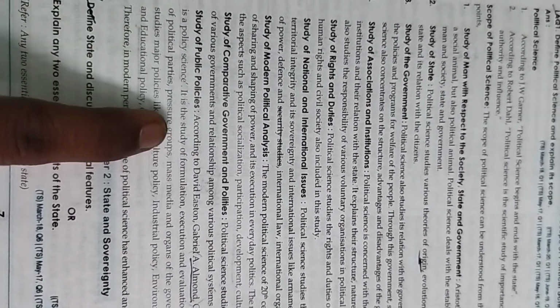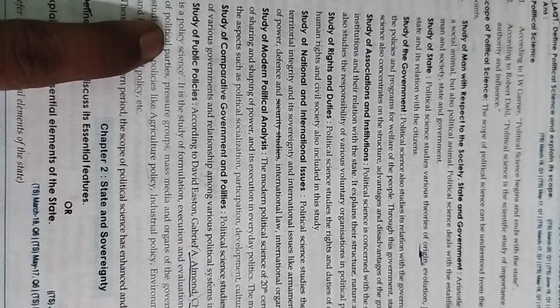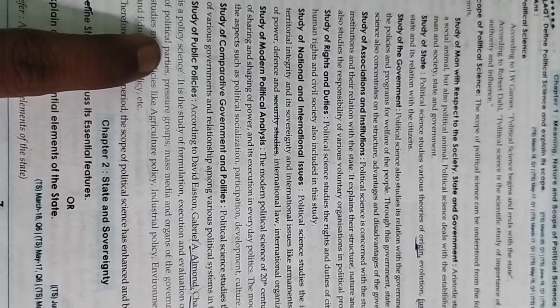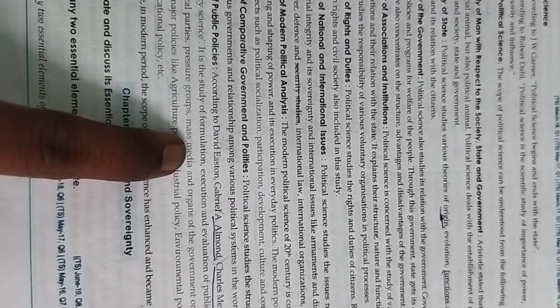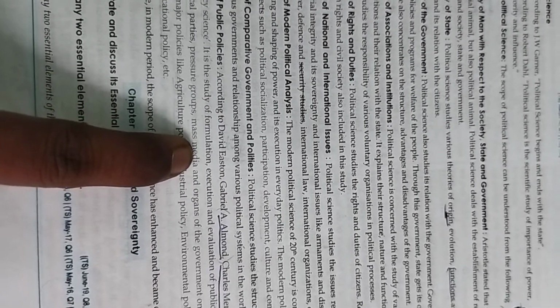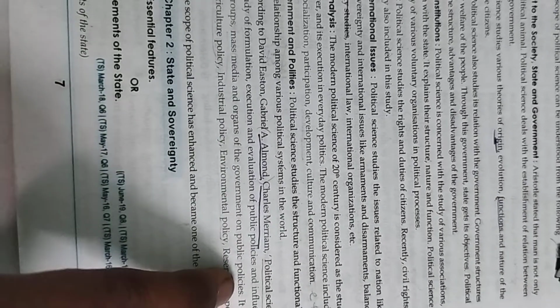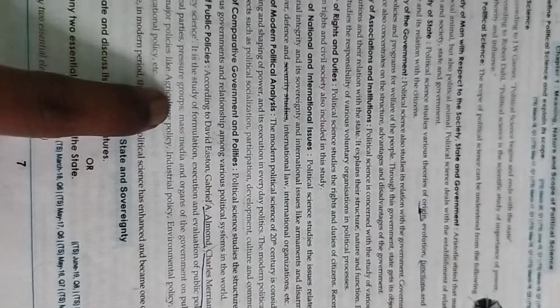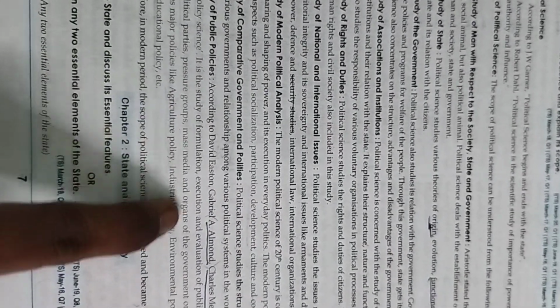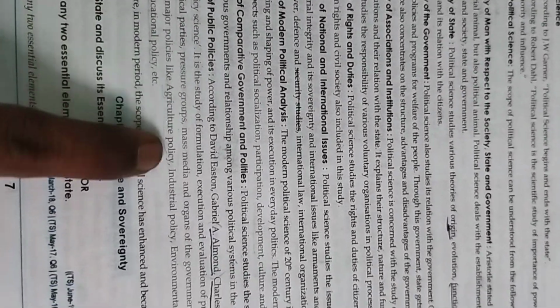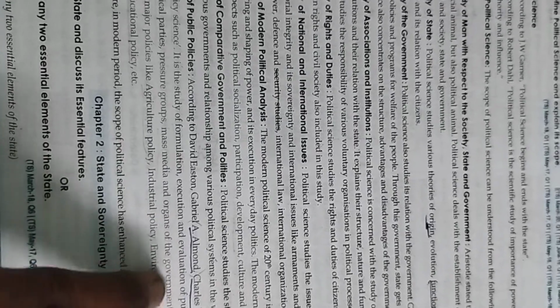See here, political parties, pressure groups means BJP, TRS, Congress. These are the political parties. Next, pressure groups, mass media. We know this: TV9, V6. All this comes in that, and many more news channels. Organs of government I already told. These four are studied on public policies: political parties, pressure groups, mass media, and organs of government.